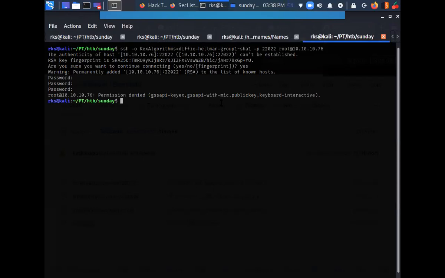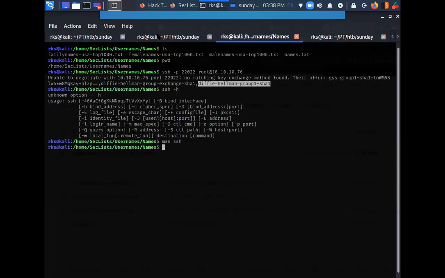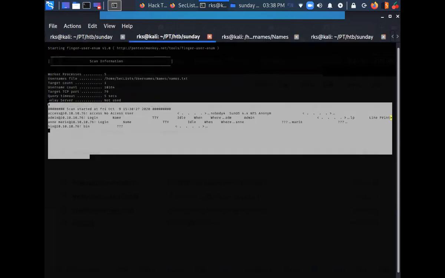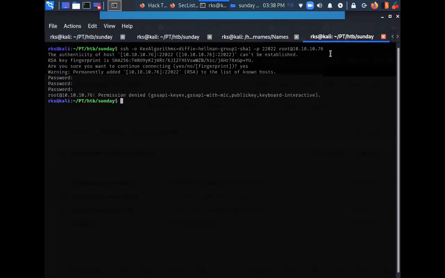In any case, I would not be able to get a root login over SSH, because that would be too vulnerable. So what I can think from this point is that I need to figure out a username and then figure out a password, and then log in as a normal user shell here. Okay, so let's see.